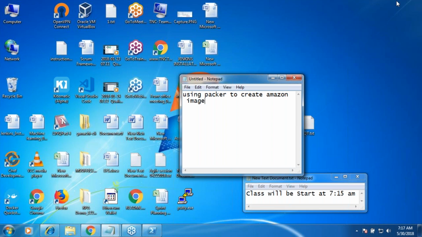Now, since I was logging in, I know my username and password. But how will I tell Packer? That's the first thing, right? I have to tell my credentials to Packer. Telling credentials of AWS to Packer, or of Azure, or of something else might differ from cloud to cloud. It is not the same everywhere. But you have to tell credentials, yes or no? Otherwise, in which account will it create the image?